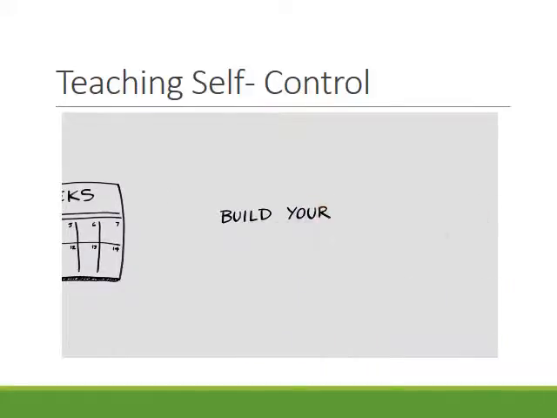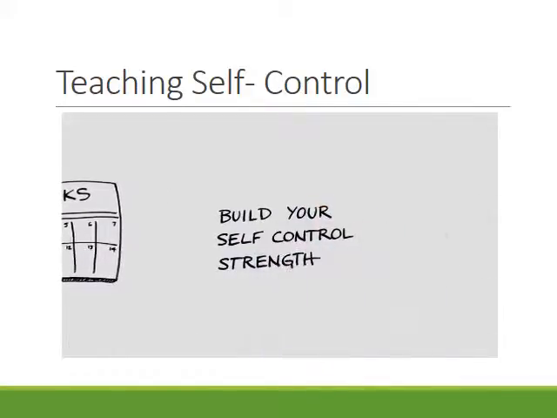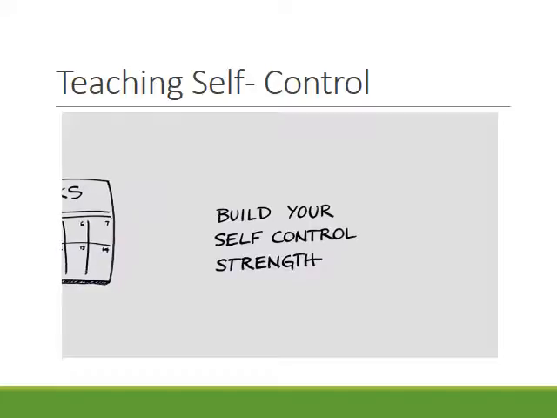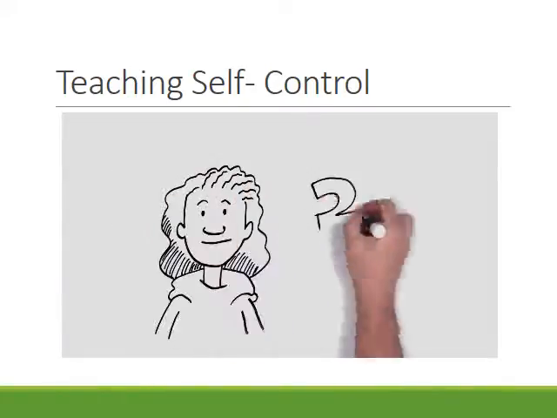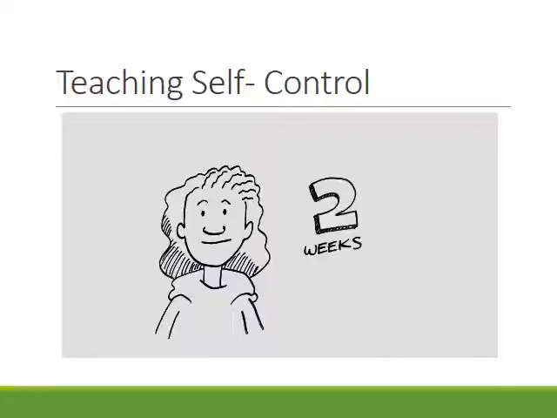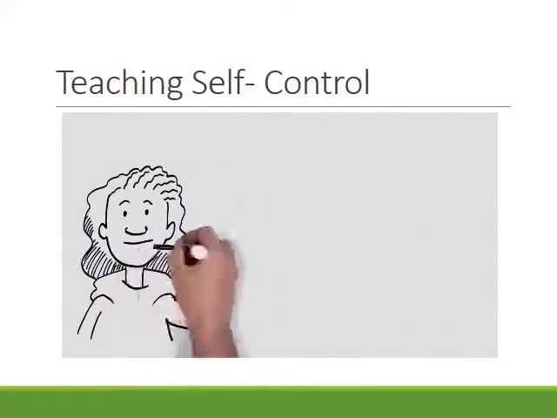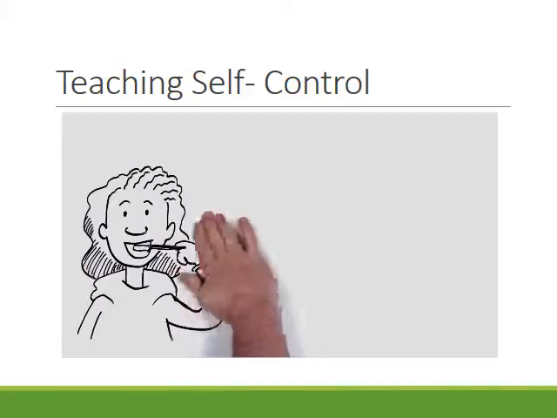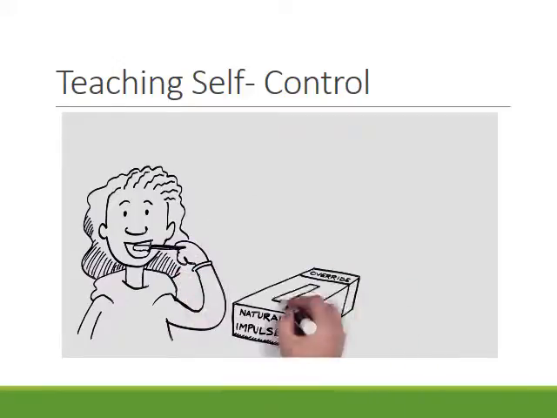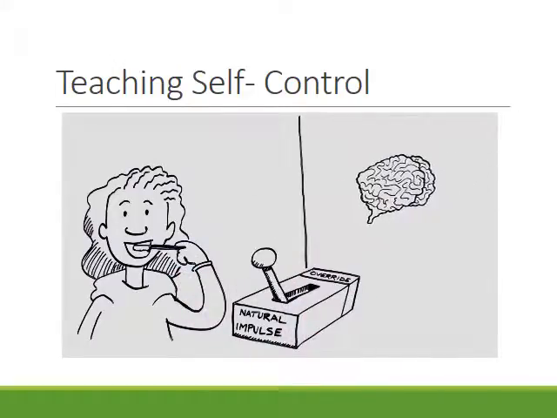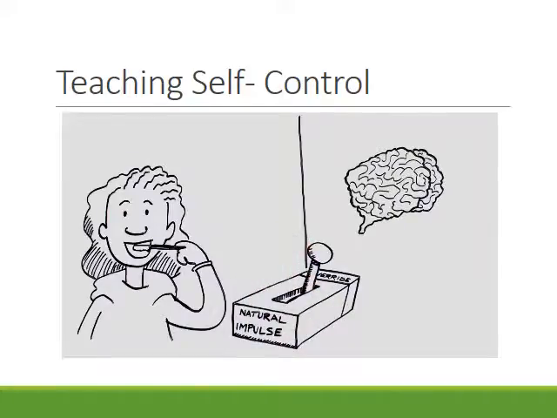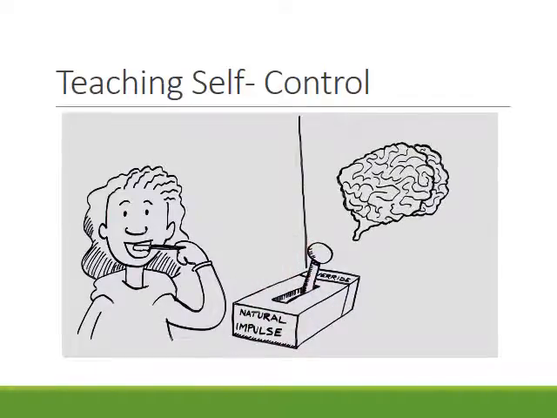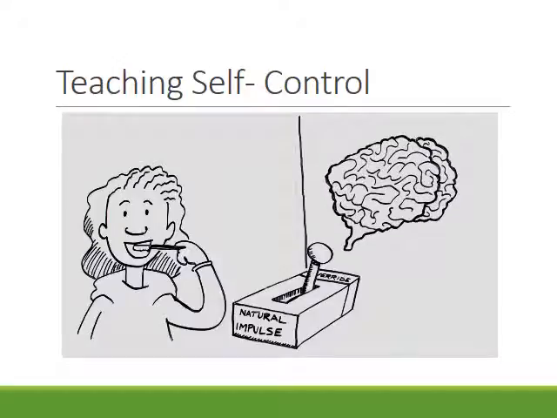Second, build your self-control strength. Self-control relies on an all-purpose energy resource, so it doesn't matter how you practice it. You get stronger the more you practice. For the next 2 weeks, try using your non-dominant hand to complete everyday tasks like cooking and brushing your teeth. The idea is that you have to override your natural impulse to use your dominant hand, which is what self-control is all about. It seems crazy, but studies have shown that this self-control strengthening exercise pays off.